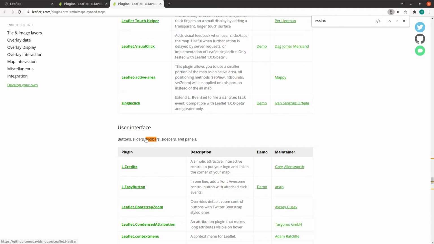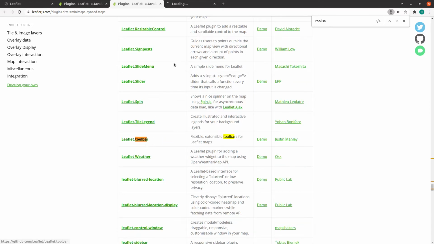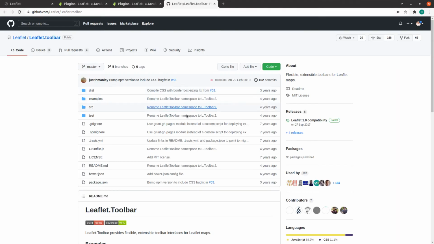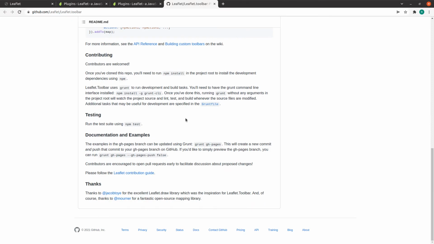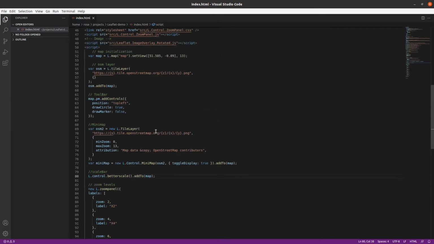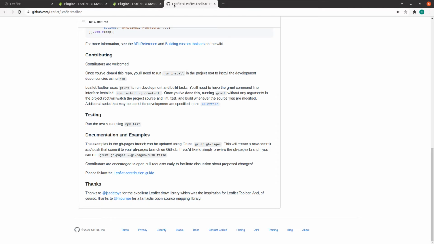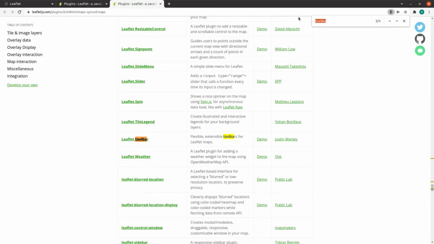Okay, let me check. Yeah, leaflet toolbar. Inside that, if you go, okay, let me check. Yeah, add controls. It is controls.